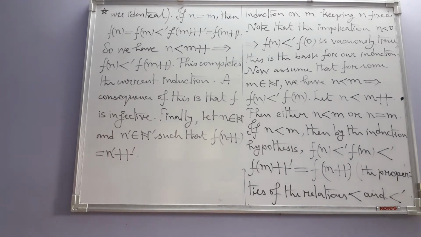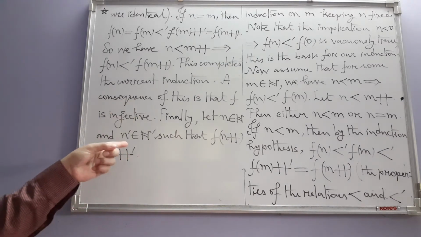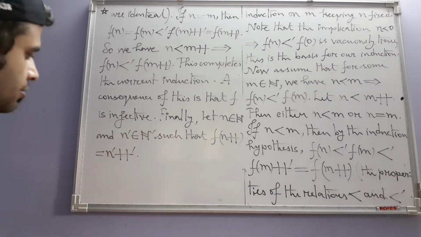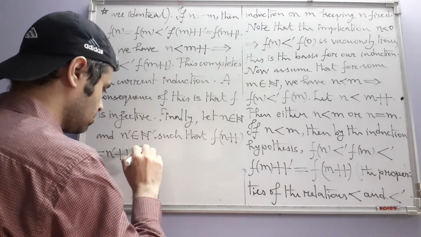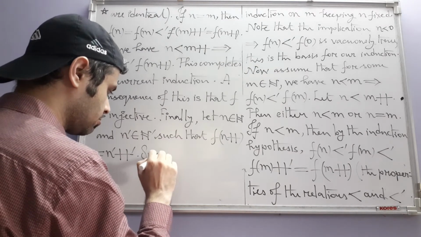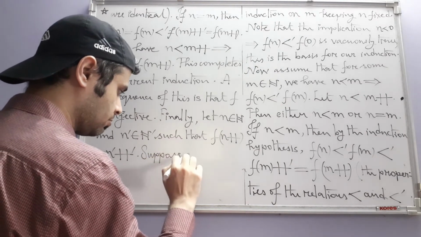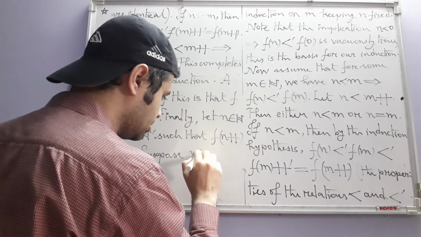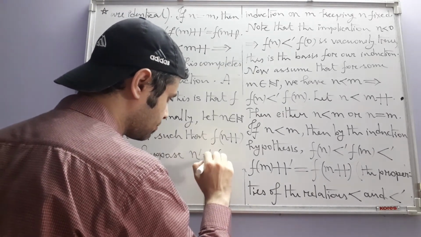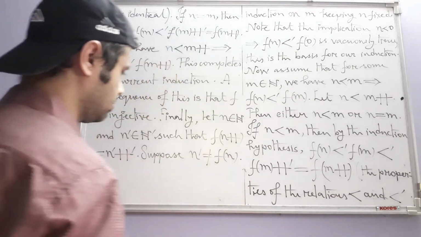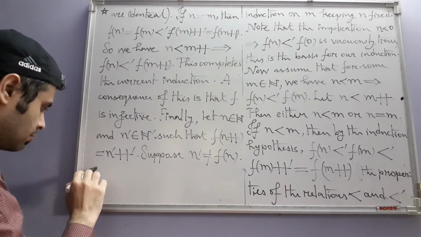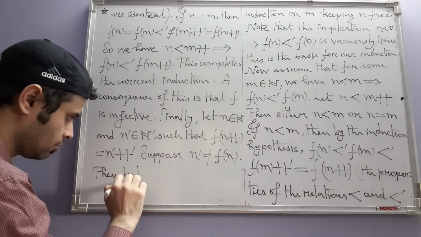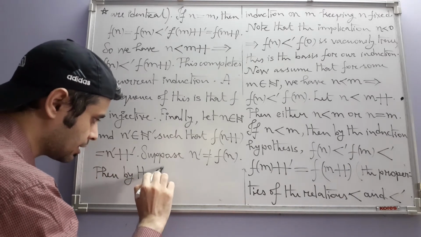We have to prove that n prime is equal to f of n. Suppose that is not true. N prime is not equal to f of n. Then by the alternative version